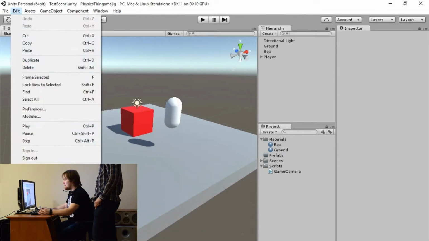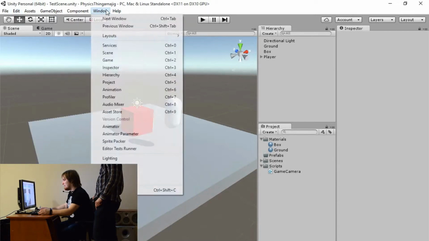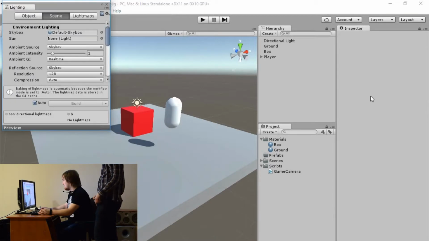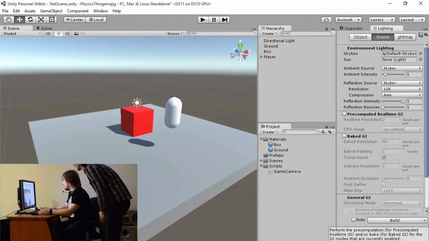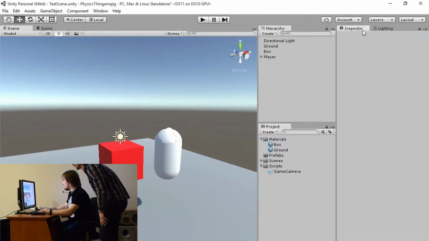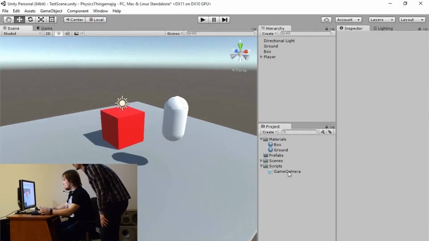Oh yeah, one of the things that I'm going to do before anything is I'm going to disable some lighting features so things work a bit faster. Okay, so